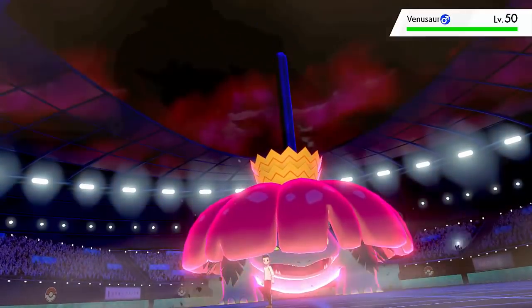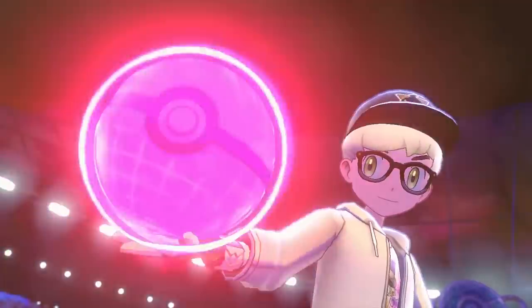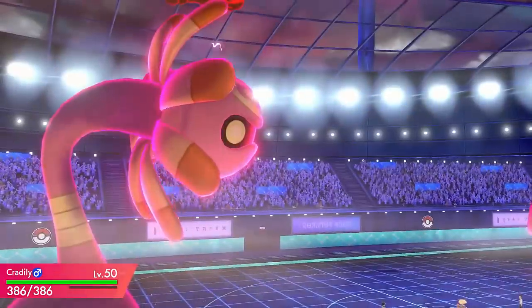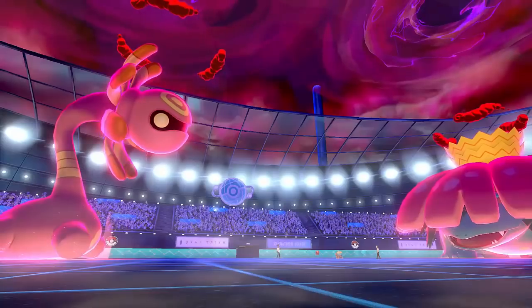You can obviously change weather against the Sun matchups by going for the Max Rockfall and setting up Sand. It's super effective against the fire types, and obviously with the grass types, they can't Sleep Powder Cradily because it's a grass type itself, which is really cool. So it's a very good matchup against the Sun teams, and it's got the Storm Drain ability, which is fantastic